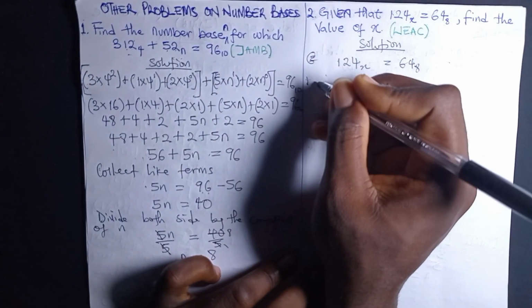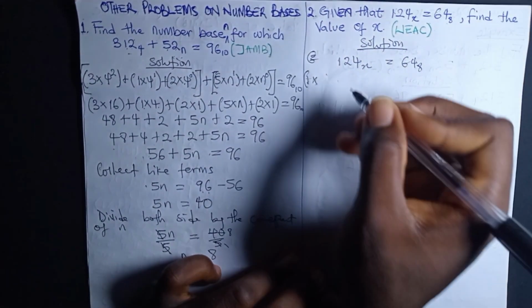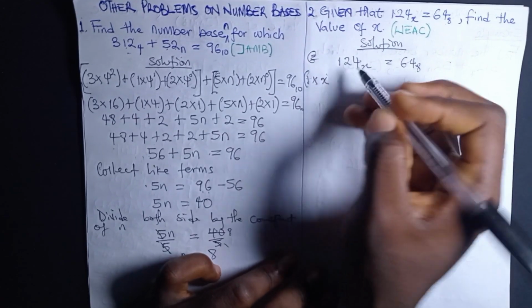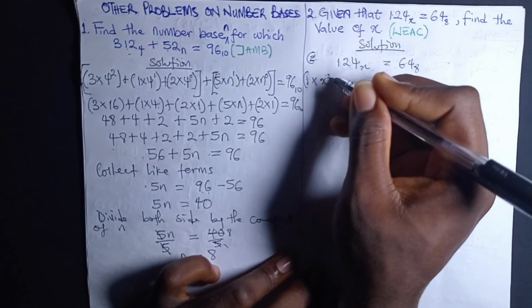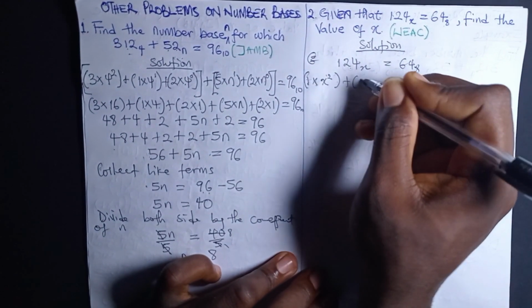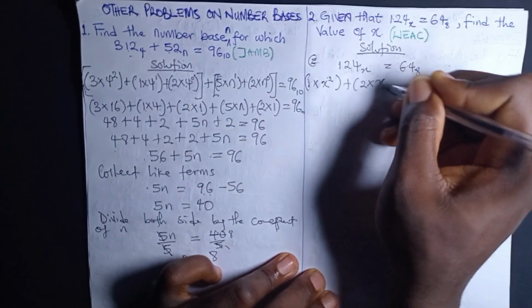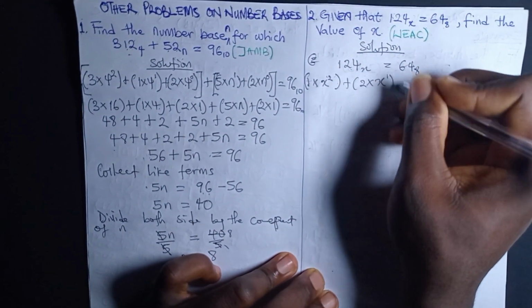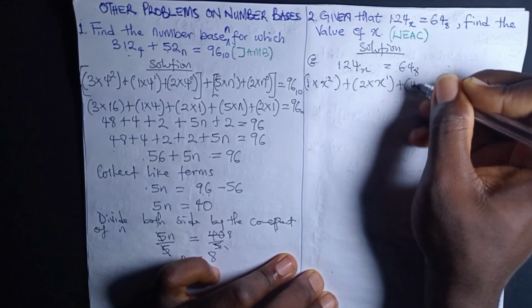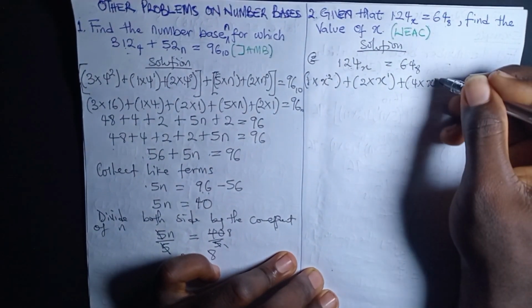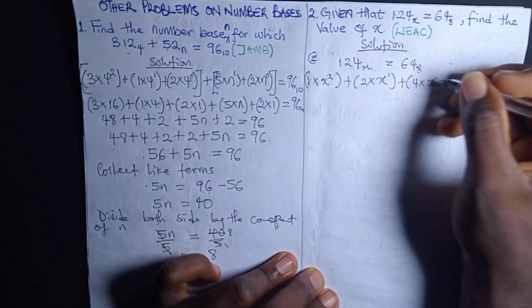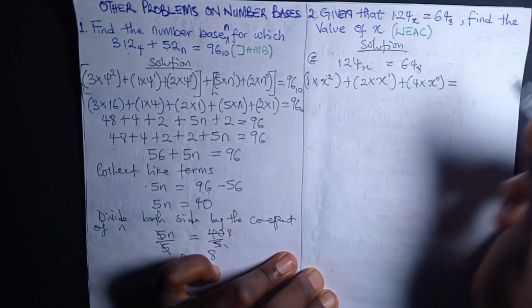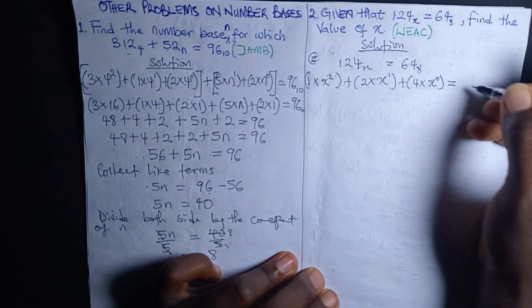So we say 1 times x raised to the power 2, plus 2 times x raised to the power 1, plus 4 times x raised to the power 0, is equal to 6 times 8